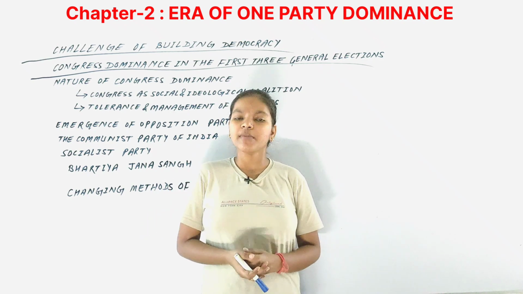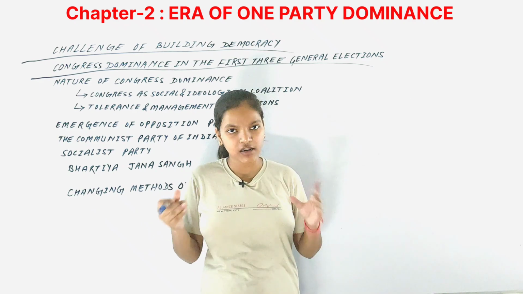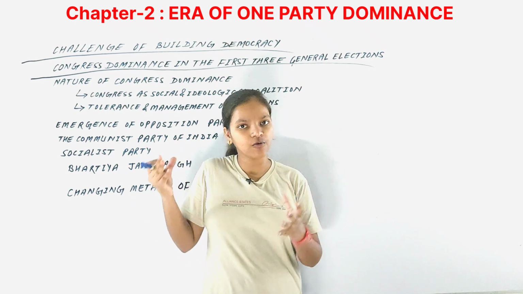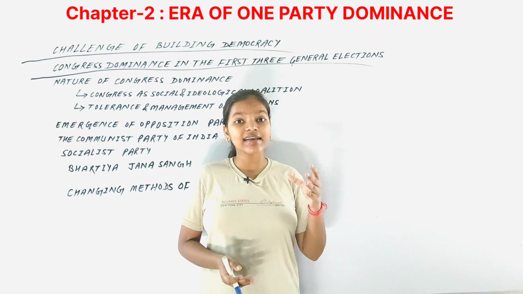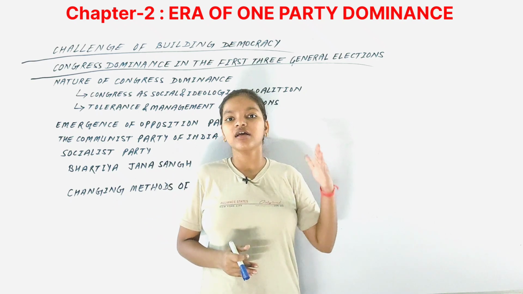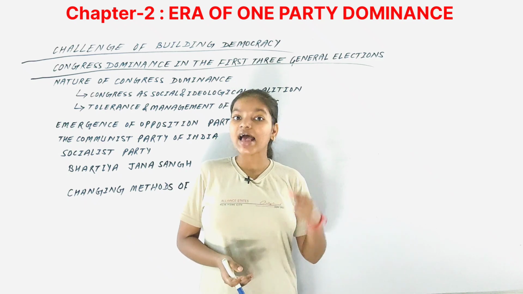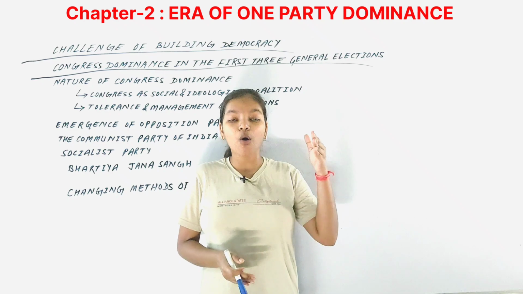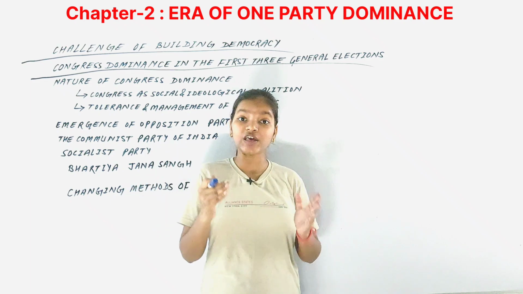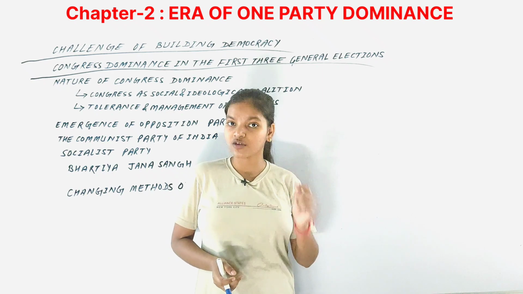had been boosted up. But of course it was expected, because it had been formed as a major party of the country, being the oldest political party and such a large, well-organized party, and that is why in the first 3 elections it had a clear majority. In the first election in 1952, the second general election in 1957, and the third general election in 1962. In all these 3 elections, the Congress party had a clear majority, around 3/4 of the seats. So we can say that it had clear dominance of the country.